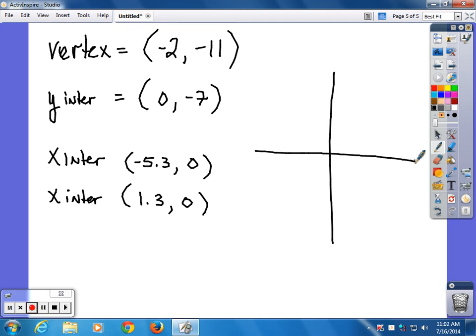Negative 2, negative 11 is way down here. 0, negative 7, right about there. Negative 5.3, 2, 3, 4, 5, and 1.3, 1, 2, 1.3 is right in there. And what does it look like? It looks like,